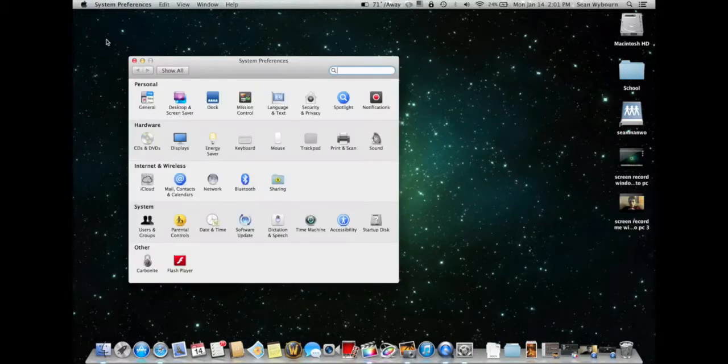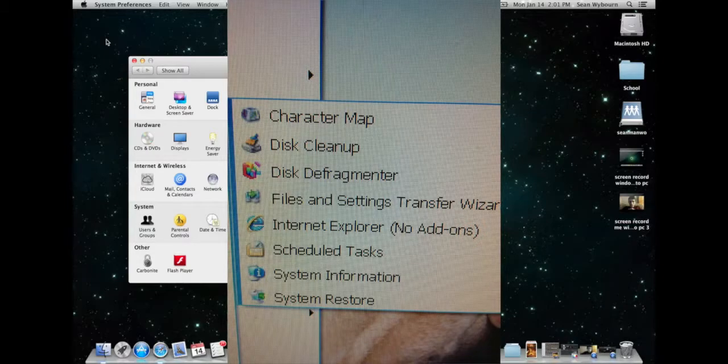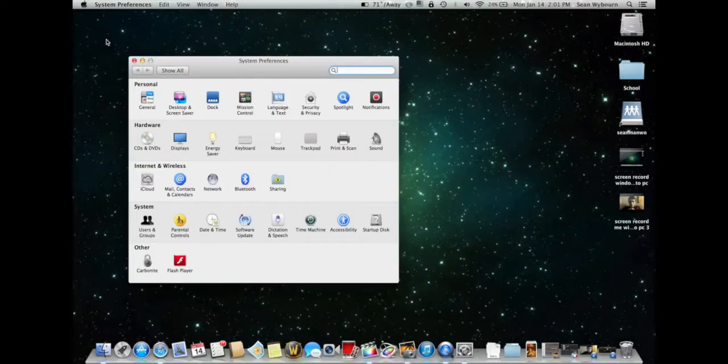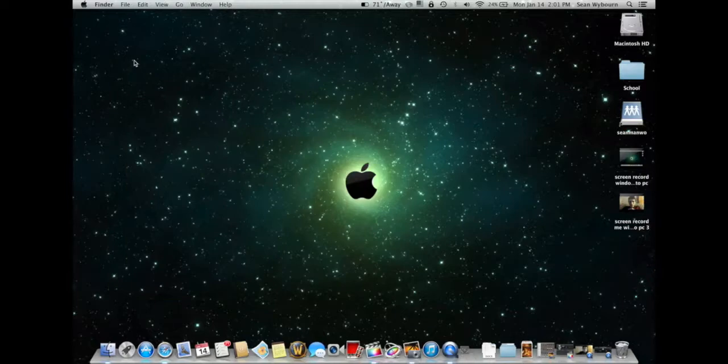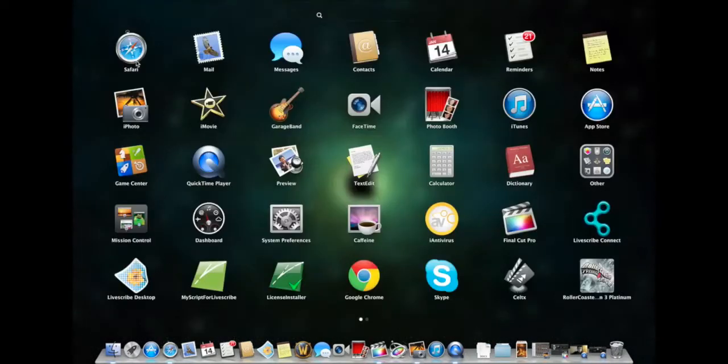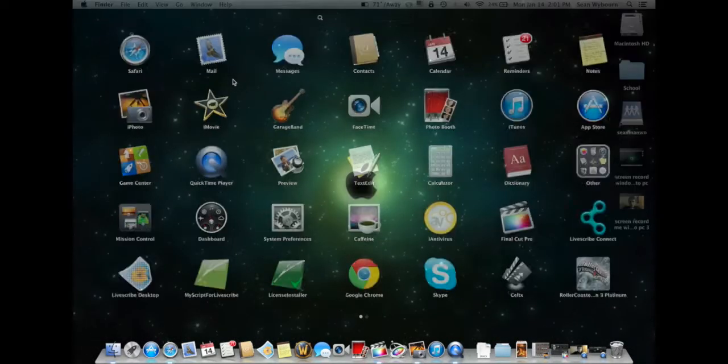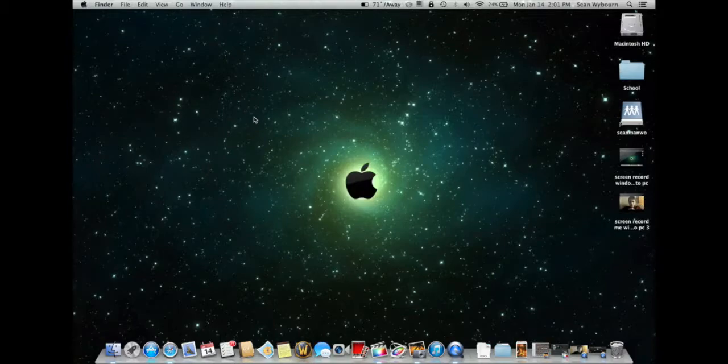defrag itself, clean up itself. You know how on the PC you're used to having this menu where you can do a disk cleanup, you can have a disk fragmentation, you can clean the PC. With a Mac, there's no such tools. But if you wanted to see